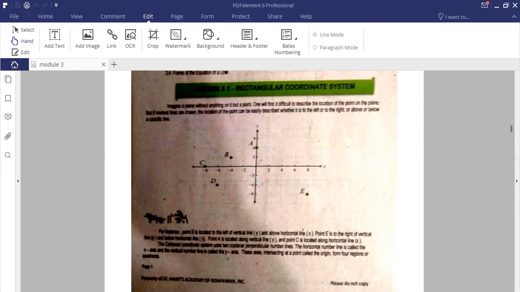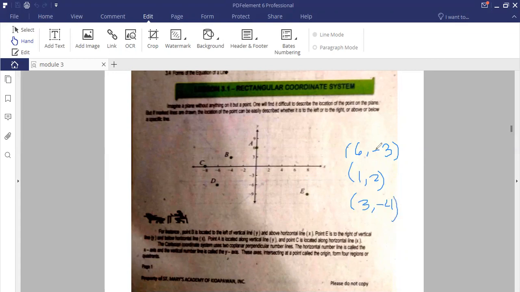Now, here in the center, this is called the origin. Origin means the 0 and 0. So, this is the 0 and 0. So, what do I mean by 0 and 0? So, this is called a coordinate. Okay. Not just 0 and 0, but everything. For example, we have 6 and negative 3. So that is also a coordinate, or 1 and 2, or any numbers that can be plotted in